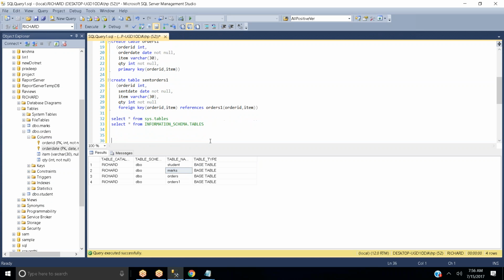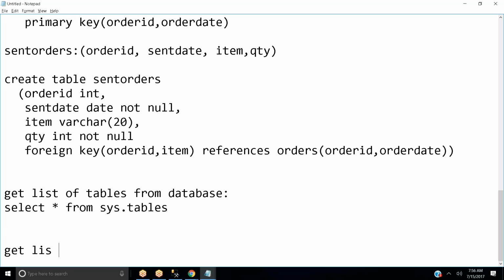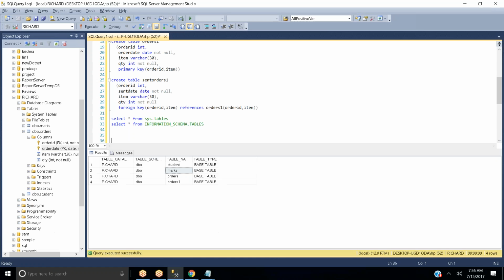And now you just want to get the list of columns present in your table. At that time, how are you going to get the list of columns present in the table?